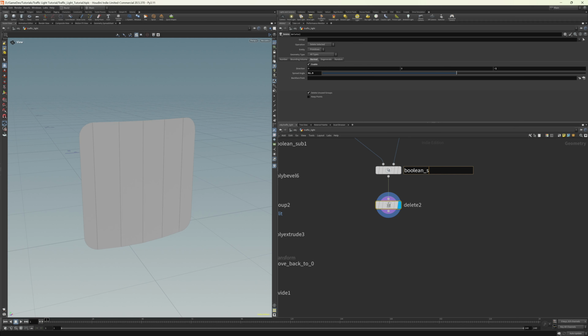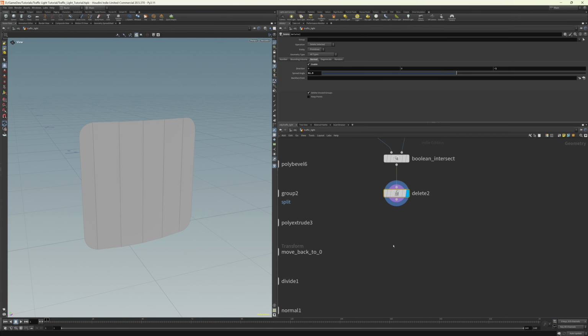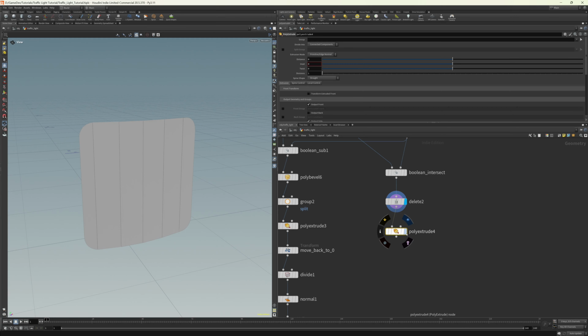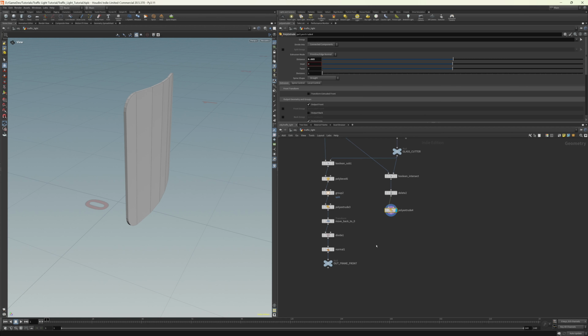Say here, let's intersect. Now I'm going to give it a little bit of thickness. Okay, and then